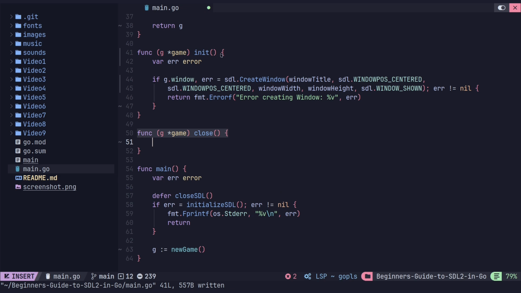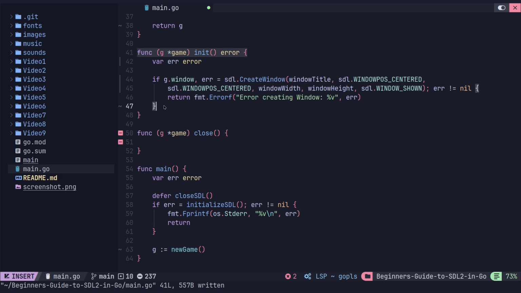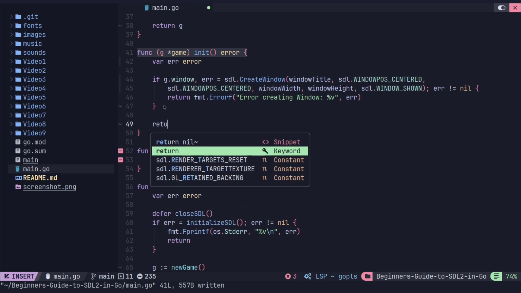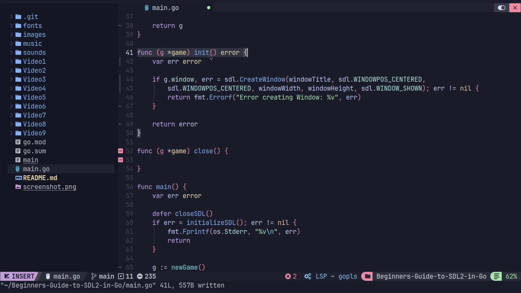And I messed up here. This is returning an error, right? And also right here, I need to return the error. Okay, so the initializer method for Game is returning an error. I am capturing an error here and returning it. If no error occurs, this will be nil, and I'll still be returning nil. That's fine. The Close method does not. We're not returning an error from this. We're just closing things,